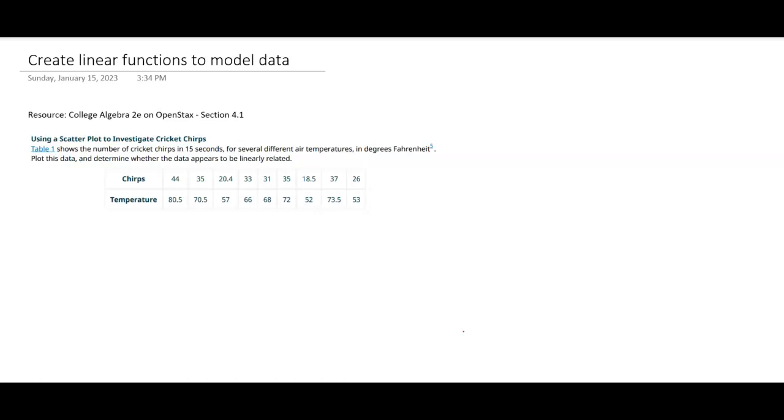So a big question here is, do we think that chirps depend on temperature or that temperature depends on chirps? And the correct answer there is going to be that the number of chirps should depend on the temperature. It's not like the world listens to the number of chirps and then heats up or cools down based on that. So I'm going to put chirps